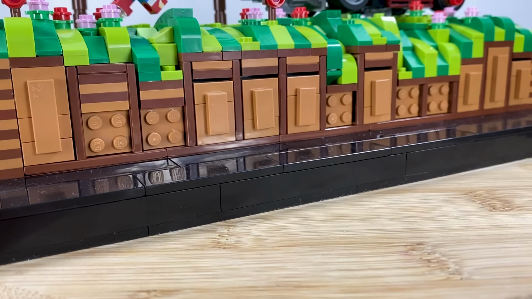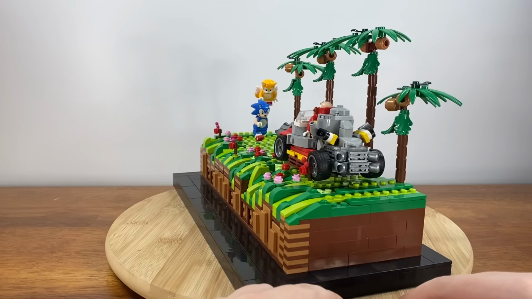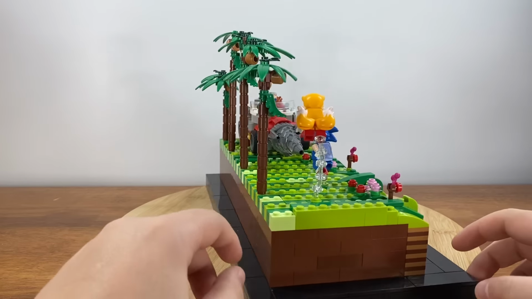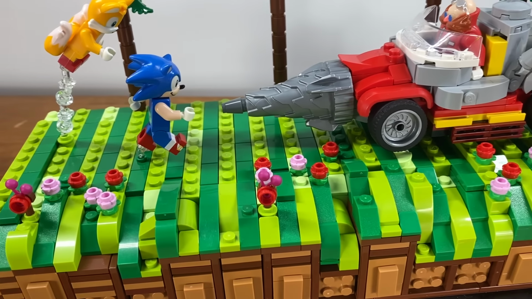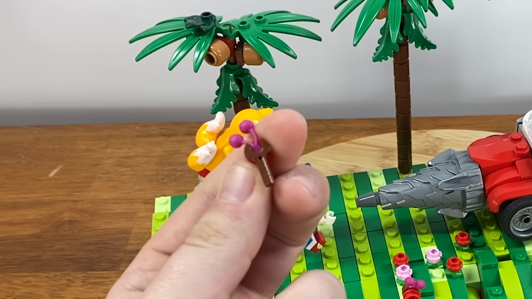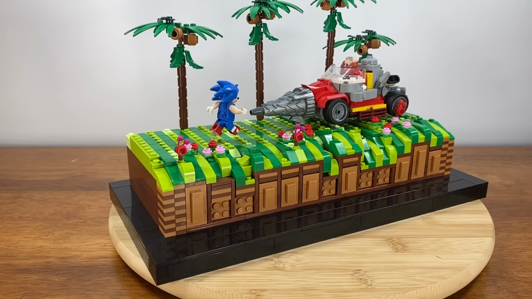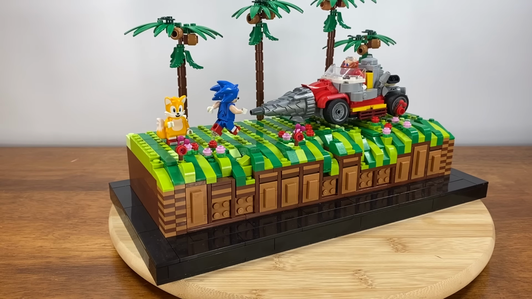Here's the second set of our wave. I really like it. I think I did a good job capturing the evolution of the game titles. This one gives off a similar vibe, but it's more advanced from a technique standpoint and level of detail. My favorite example is the design for these flowers. I used the cherry accessory to try to recreate them, and it's one of the more unique ways I've seen them utilized. Sonic 2 was when Tails was first introduced, so let's build him and place him attacking Eggman alongside